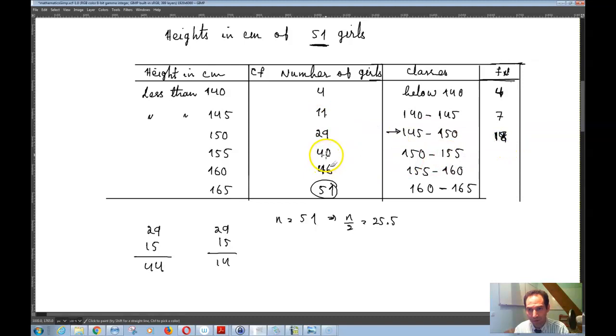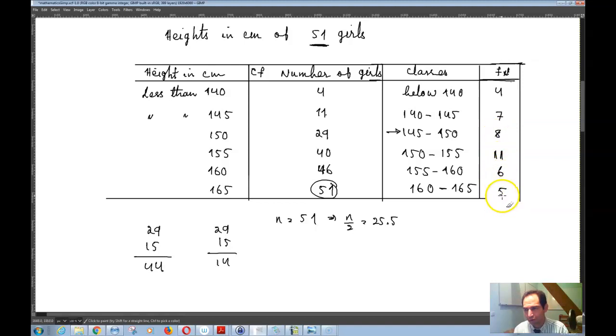This number is 40 minus 29, which is 11. This number is 46 minus 40, which is equal to 6. And this number is 51 minus 46, which is equal to 5. And if I add all of these numbers together and we write them properly, 8 and 4, so that's 11 plus 11 is 22, 30, and